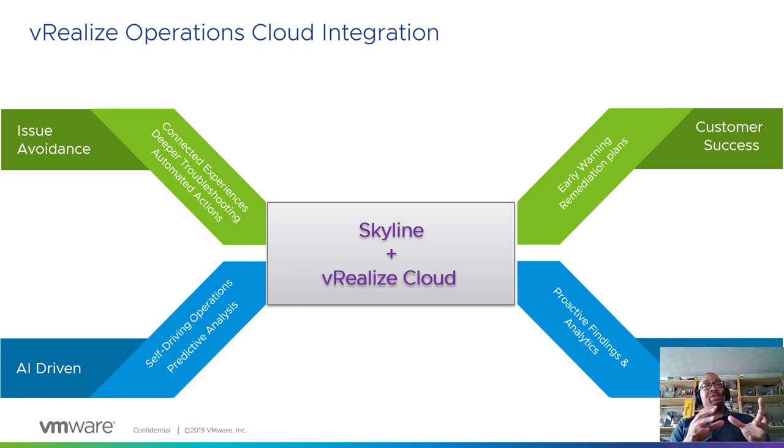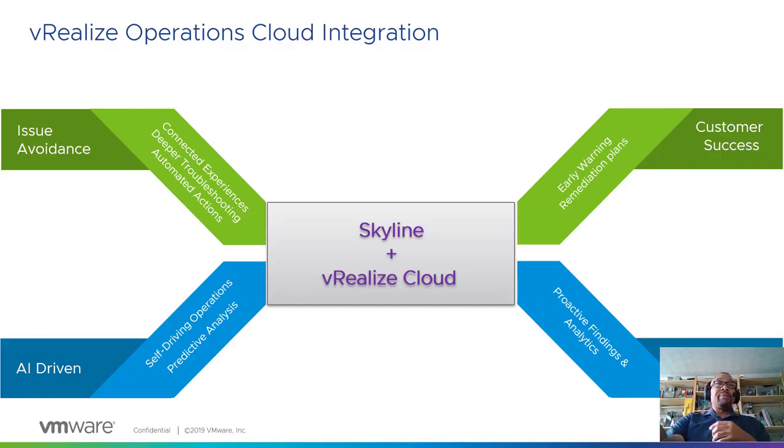A lot of customers like yourselves are using Skyline and vRealize Operations Manager side by side and have said that this integration would be helpful in informing their early warning and remediation plans. And I'm happy to say that you can now do this and be more proactive and perform advanced troubleshooting in a single SaaS-based workflow without needing an additional support. And so by weaving Skyline and vRealize Operations Cloud data together, we can give you that connected experience, right? Complete with deeper troubleshooting and automated actions that you've all been